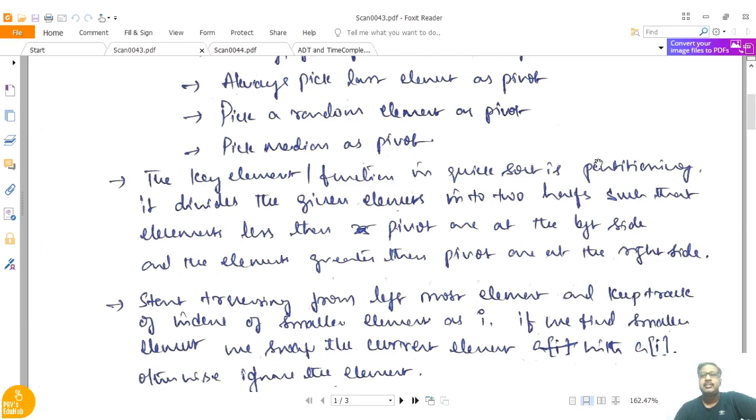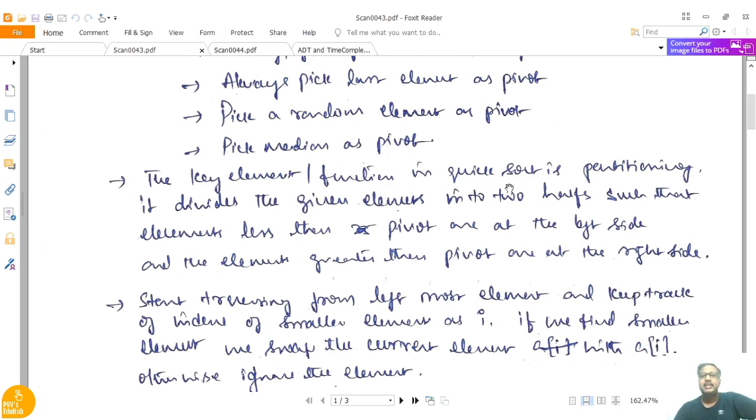By the end of the iteration, the pivot element will become the middle element, with the smaller elements on the left-hand side and the greater elements on the right-hand side. This process keeps repeating until the entire list becomes sorted. This is the basic idea of quicksort.